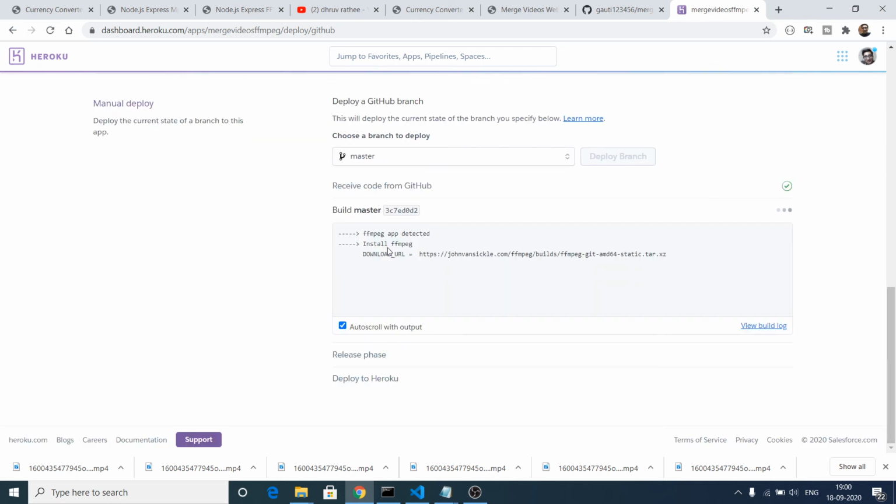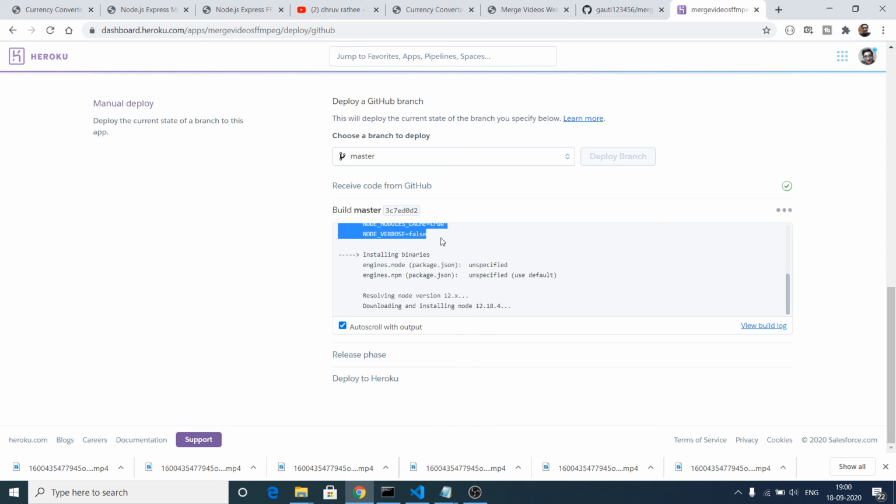So basically it has detected that this is the ffmpg app. You can see that now it is just deploying it. So just wait, it is installing the dependency. So it will hardly take some time, so just wait. So build process has been succeeded.